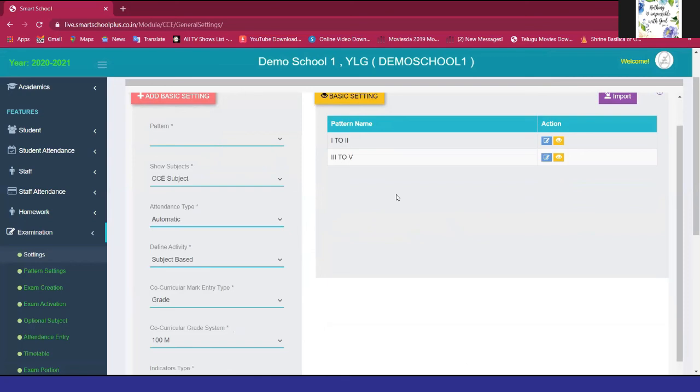During the second term, we changed the exam settings, but it reflected in the first term also. Yes, ma'am. So while you fix the basic settings, you must analyze the settings for the whole year and make it in the beginning itself, ma'am. But suppose we got a change from the government in the marks, so we are forced to change. That time when we changed the marks in the basic exam setting, it changed in the first term also. Okay, ma'am. For those times, you must approach our team, ma'am.